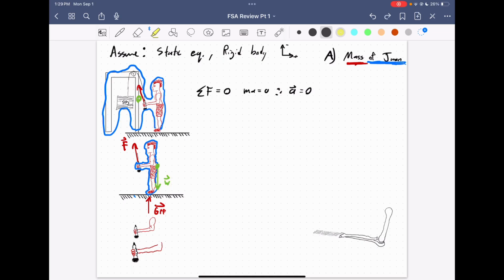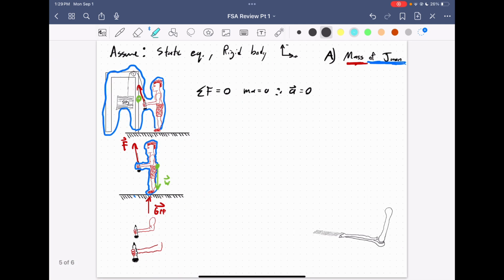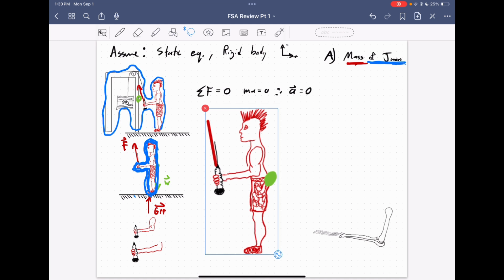And now I'm going to talk about what I said on this previous slide, where I was saying that to negate those internal forces. What I'm talking about. Since it's static equilibrium, we're assuming a rigid body. We're assuming this whole thing is rigid. Hence why I think of it as you're freezing an ice cube, right? So if I bring this out, clean it up a bit, and we make it bigger so we can see everything,